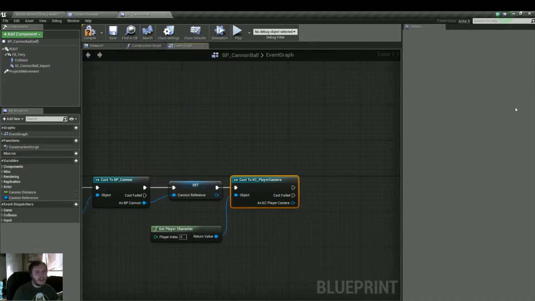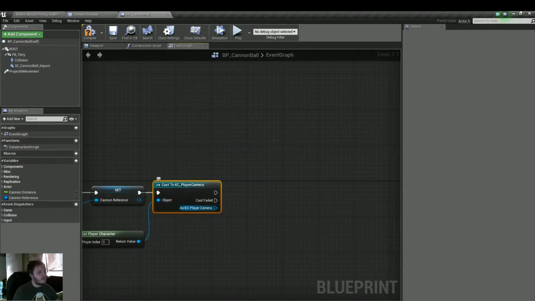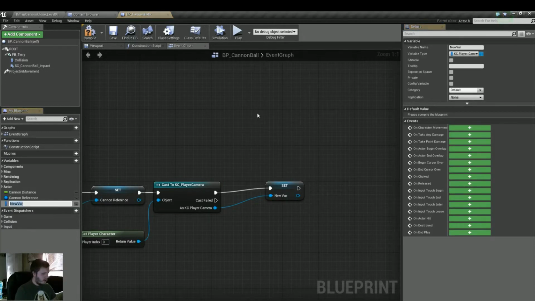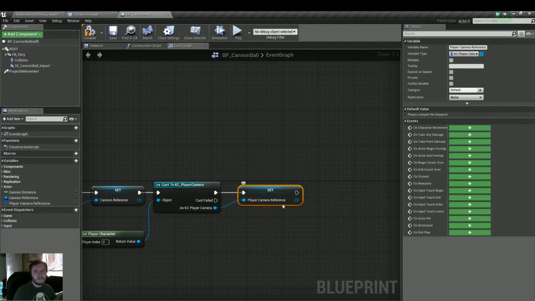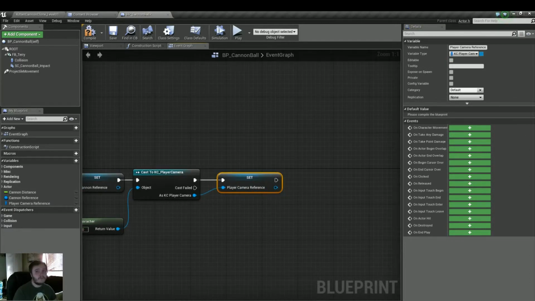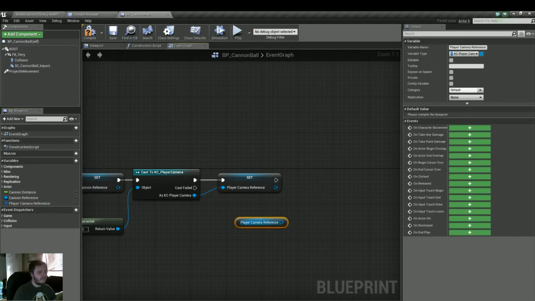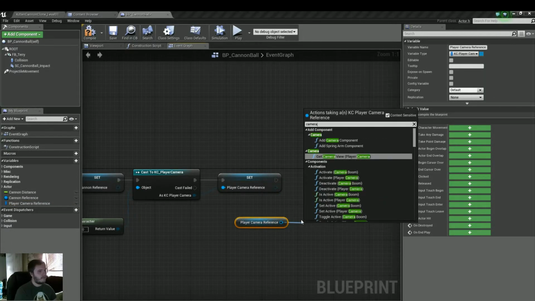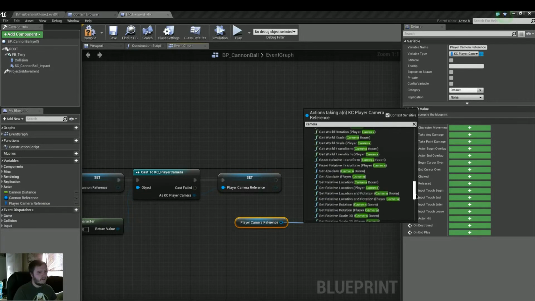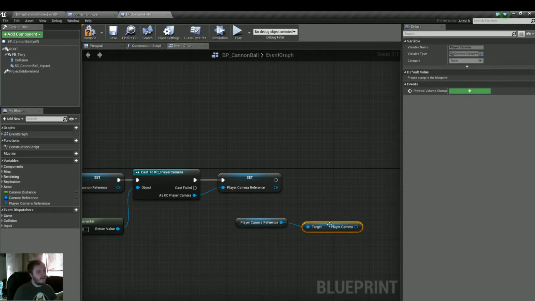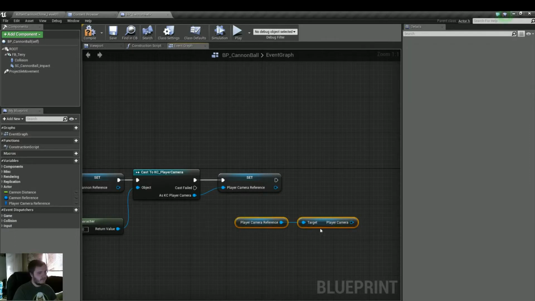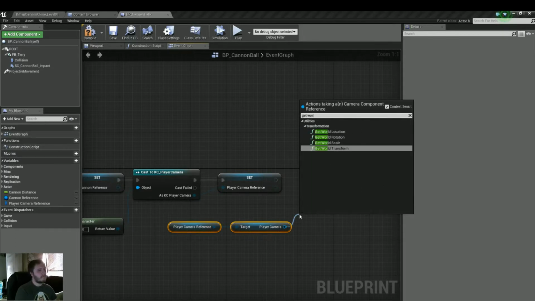So let's go back into our cannonball. And from as KC_player camera, we'll call this player camera reference. So we'll promote that to that variable. Now what we can do now is grab our player camera reference, get from that our camera, so get player camera, and then from that, what we're going to do is get the world transform,